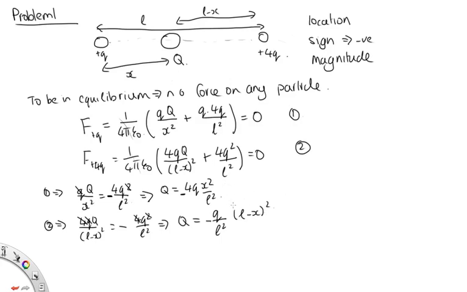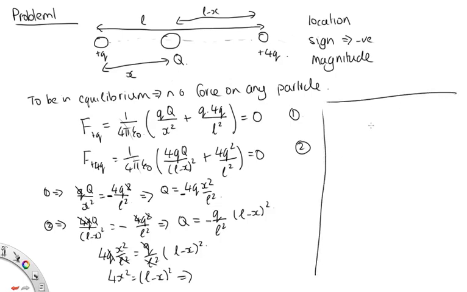Okay, so now what we can do is solve these two simultaneously. So we've got 4qx squared on L squared is equal to q over L squared, L minus x squared. We've left off the negative signs as they'll cancel out. The q's will cancel out, the L squareds will cancel out. We have 4x squared is equal to L minus x all squared. Now, 4 is a nice square number, so let's